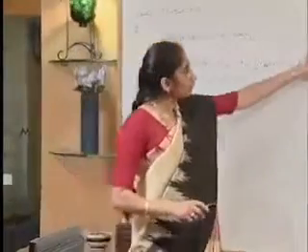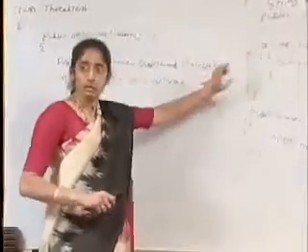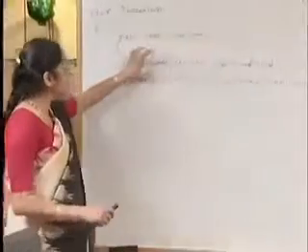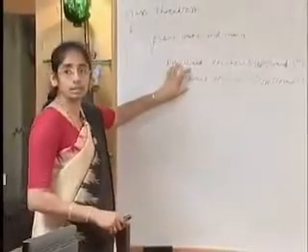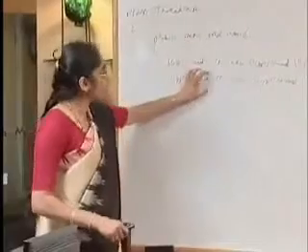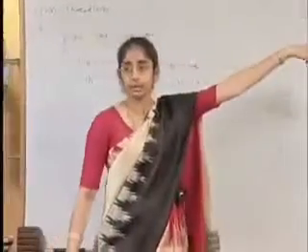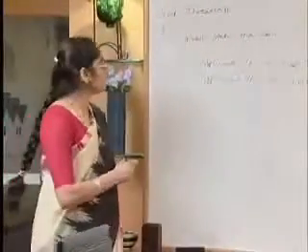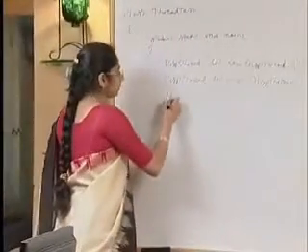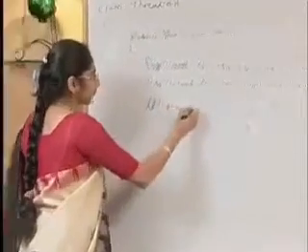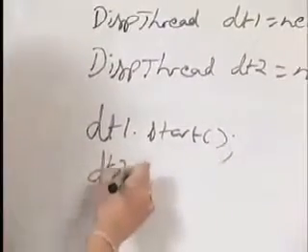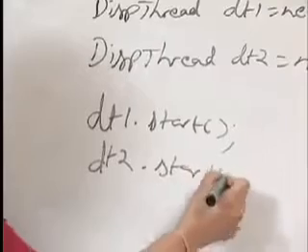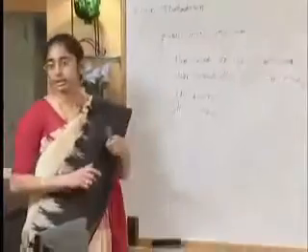So once you have overridden the run method, we said create an instance of the class. So we created 2 instances of that class. Thereby we got 2 thread objects, because the class extends from Thread. An object of that class is nothing but a thread object. Next, call start on the thread. So dt1.start and dt2.start, which ends up executing the run method out there.